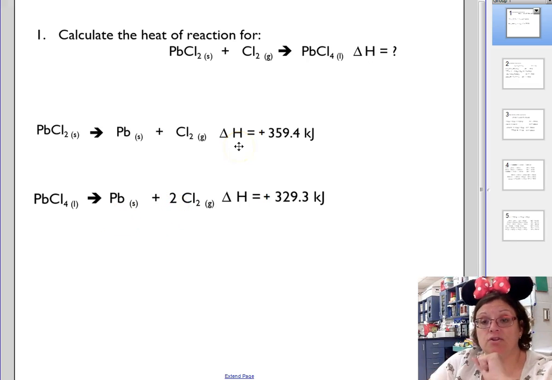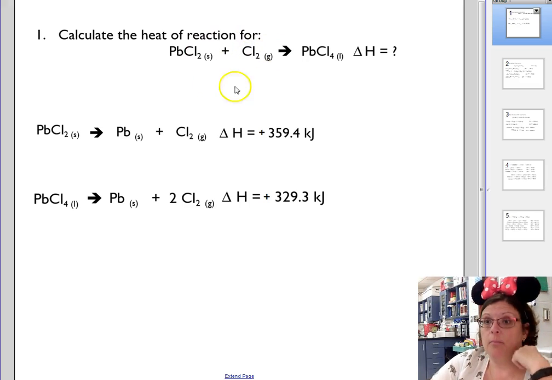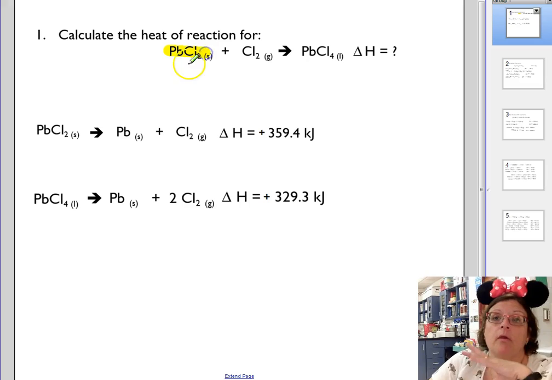And we have delta H's for those. So if we can figure out and mush those together, we can come up with the delta H for our parent reaction. Okay? The best way to go about tackling these, in my opinion, this is how I do it,